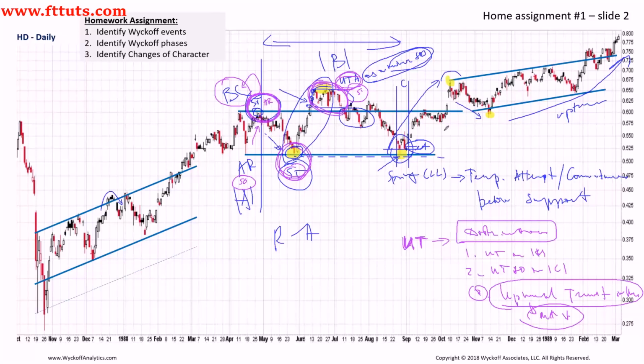All right, so let's conclude this really quick. After phase C, the rally up is going to be what? This rally. The spring. With spring is always going to be a lower low at the support. It's not going to be a rally. And by the way, I've seen, guys, that some of you would put phase C somewhere here, or as a part of the rally. No, phase C